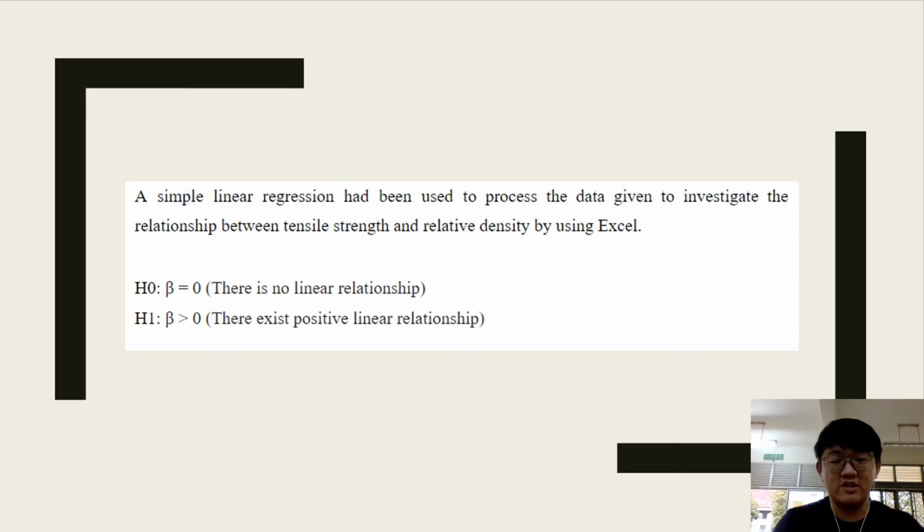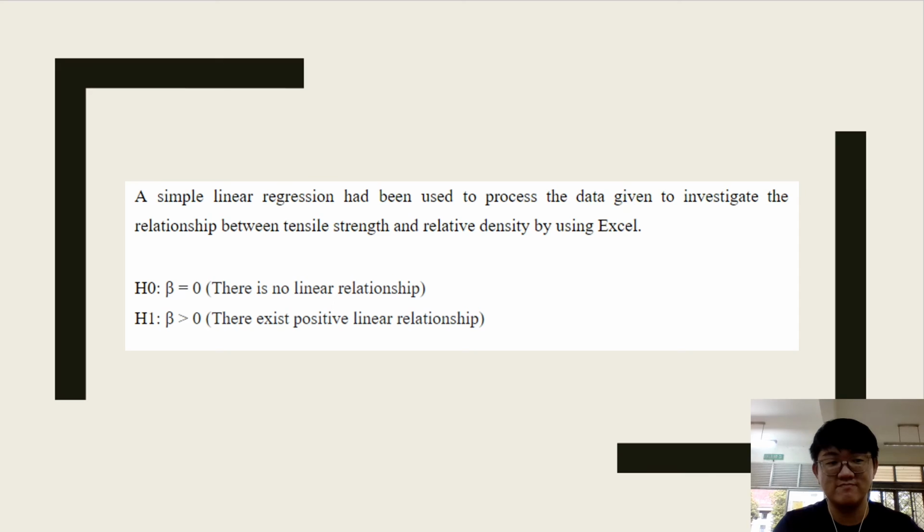Since we need to identify the relationship between two variables, a simple linear regression model was used to investigate the relationship between tensile strength and relative density. First, we need to write the hypotheses. For H0, beta is equal to 0, which means that there is no linear relationship between tensile strength and relative density. While for H1, beta is larger than 0, which means that there exists a positive linear relationship between tensile strength